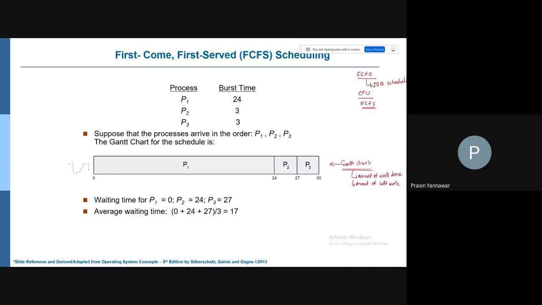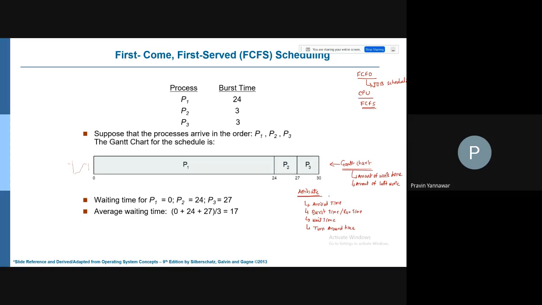The key attributes which we have seen when we are working with job scheduling: every process has some arrival time. Every process has some burst time, or you can say run time. Then with every process you need to compute the wait time, and you need to compute the turnaround time. Okay, so this is important.